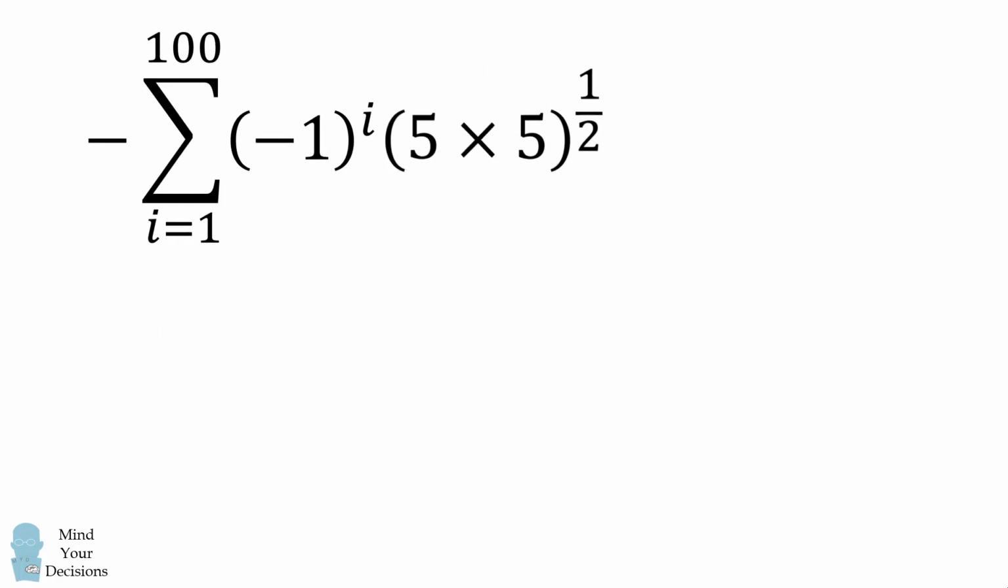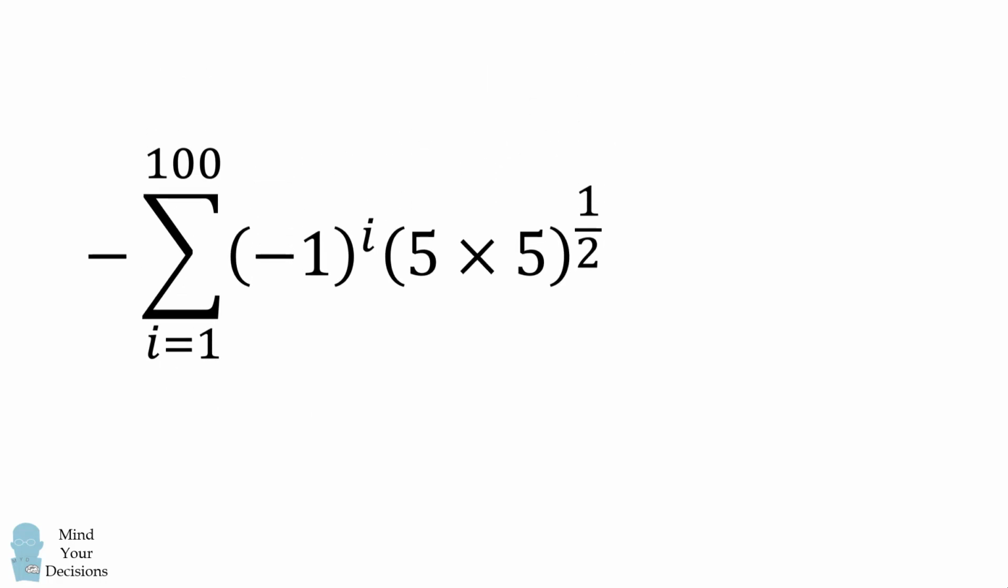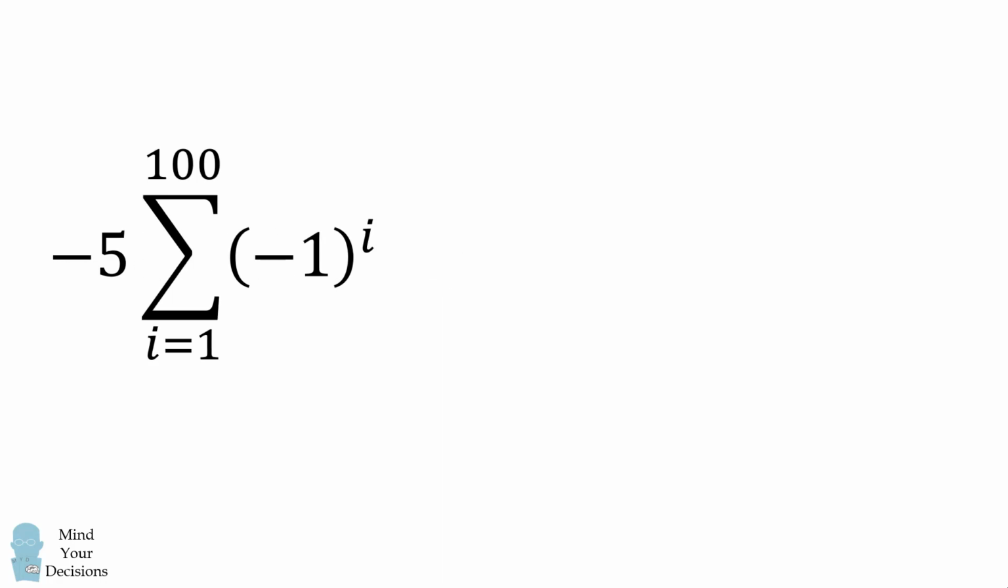We substitute that in, and we have 5 multiplied by 5. This will be equal to 5 squared. 5 squared raised to the power of 1/2 will be equal to 5. We can then factor out the 5. We then want to evaluate the following sum of (-1)^i, where i goes from 1